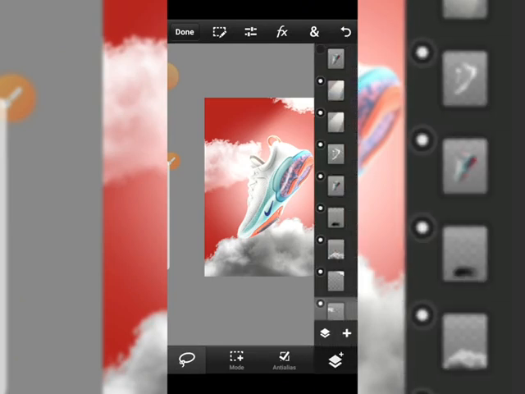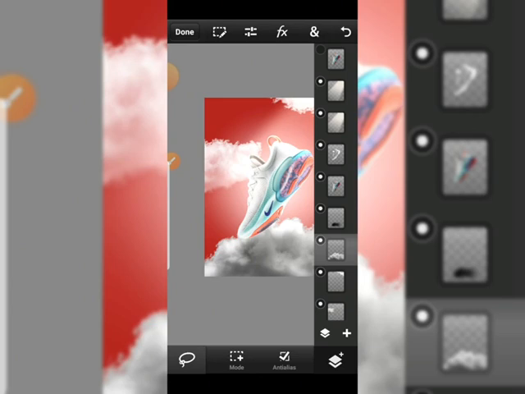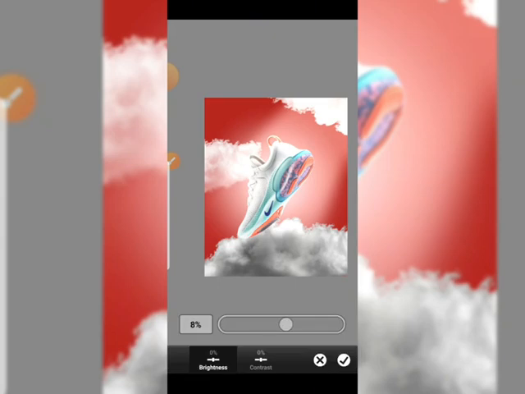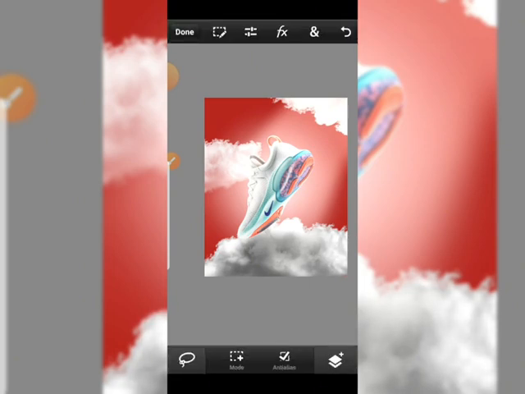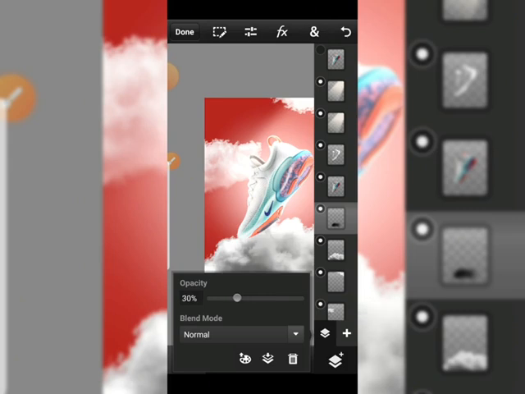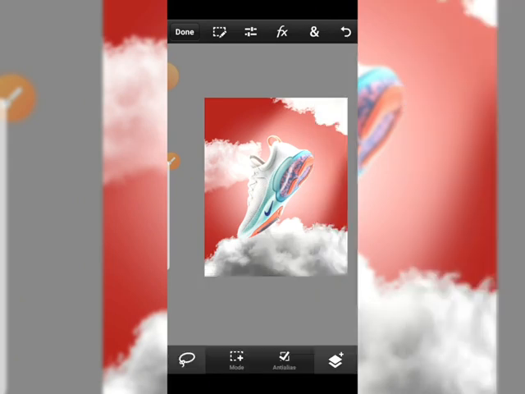All right, now for this shadow, let's add in some effects. Brightness and contrast, a little of brightness and contrast. Shouldn't be too much. So let's reduce this opacity. I think it's affecting it much. All right, so this is looking good. Now to add in some little touches here and there,